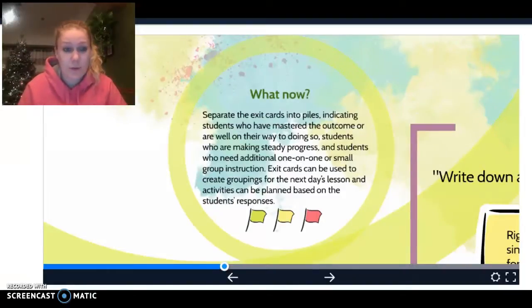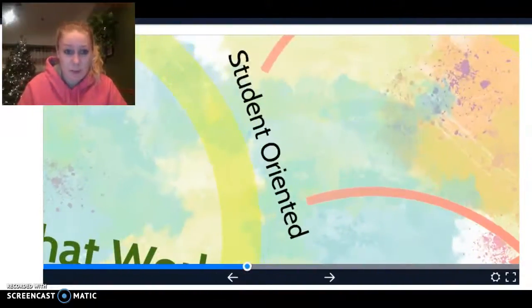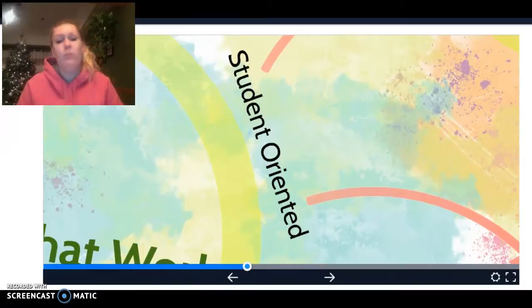you could use those cards then to have the students question themselves, or how did they get that answer, or what could they do to work together to come up with a better answer, or if you're grouping them all different in certain groups, maybe the person with the green flag could help out the other 2 groupings. So the next sets I went with student-oriented,